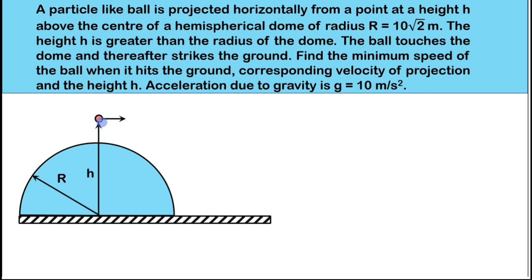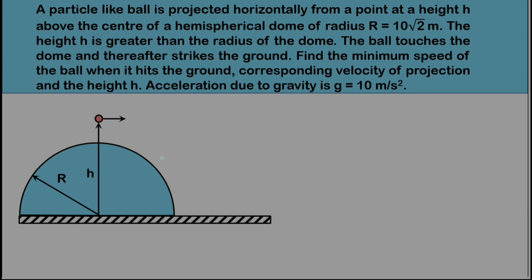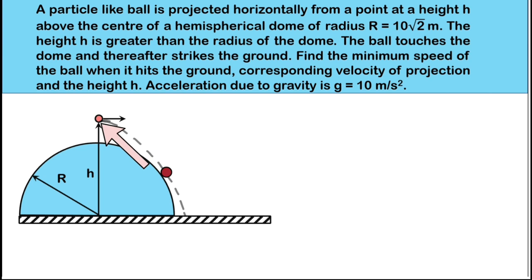So if you see here, there is a projectile motion going on and the path of this projectile is actually parabolic, right? So you have to enclose a sort of sphere or the circle inside a parabola, right? So let us see what is the path of this particle for which this condition actually occurs, right? So let me draw the path of this particle here. So this is here the path of this projectile, right? And this ball here, this tiny particle here, touches the hemisphere at this particular position.